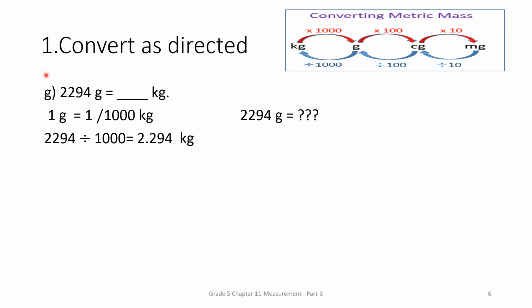Okay, so let's see how to do that. Here comes division by 1000. So first of all, we will count number of zeros over here. Here we have how many zeros? 1, 2 and 3. Here we have 3 zeros. So what we will do? We will put a decimal point to its left by how many digits? By 3 digits. Yes, so we'll start from 4. 1, 2, 3. Okay, so our decimal point will come between 2 and 2 and our answer will be 2.294 kgs. Okay, that is 2294 gram equal to 2.294 kgs.